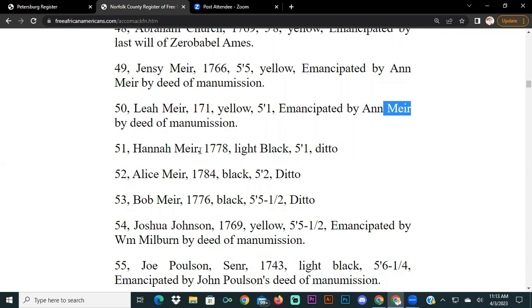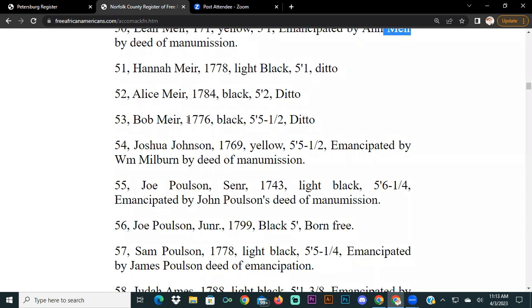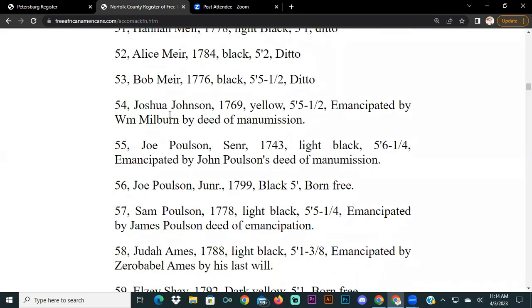Hannah Muir, born 1778, light black, 5'1", ditto. So it's saying that it also was emancipated by the same person by deed of manumission. Alice Muir, 1784, black, 5'2", ditto. So same thing. Bob Muir, born 1776, black, 5'5" and a half, ditto. Same thing. All right, next we got Joshua Johnson, 1769, yellow, 5'5" and a half, emancipated by William Milburn by